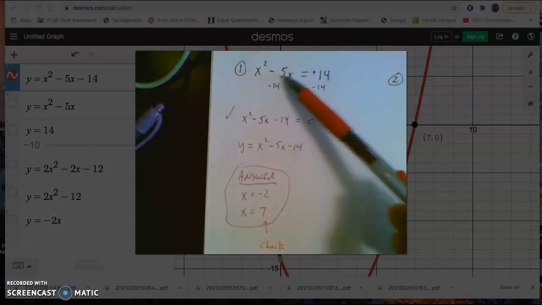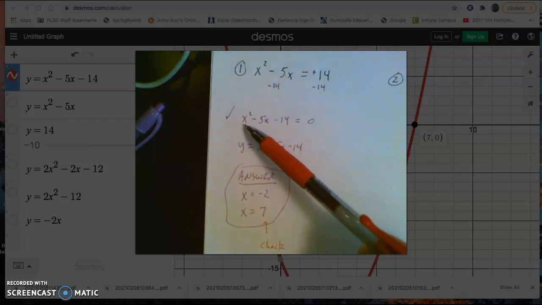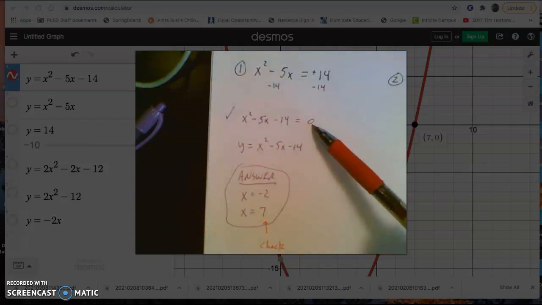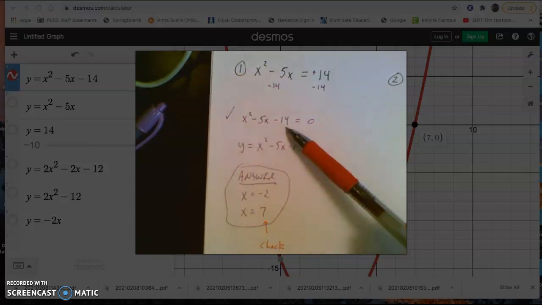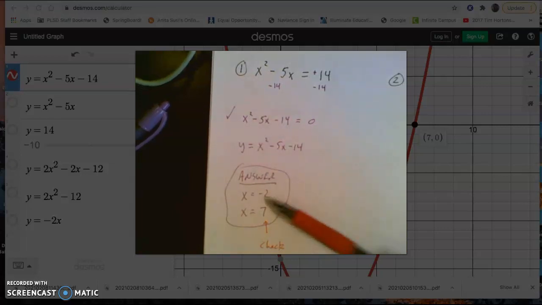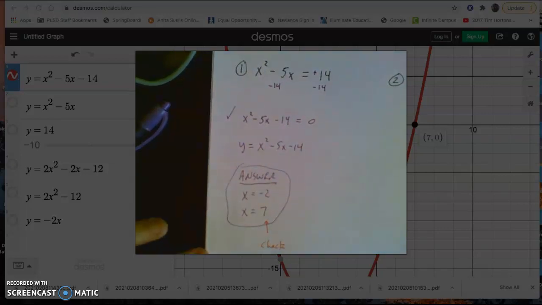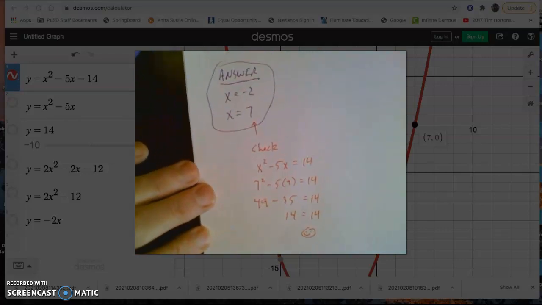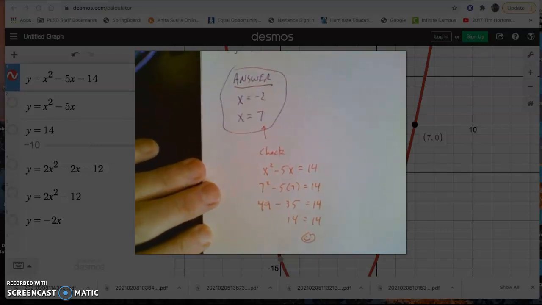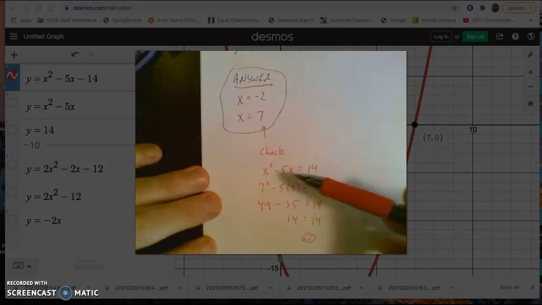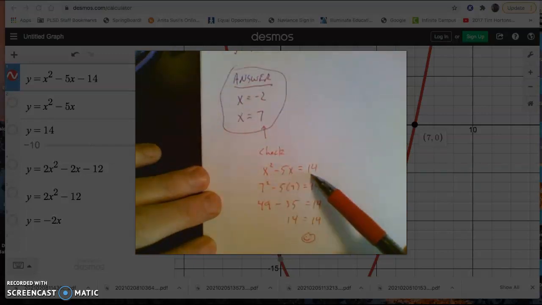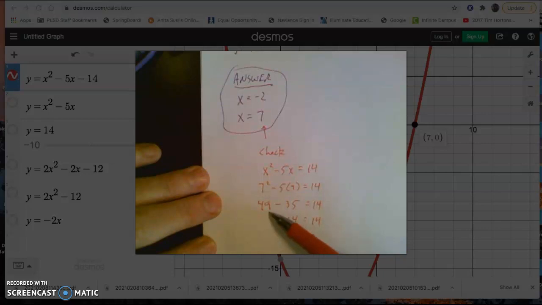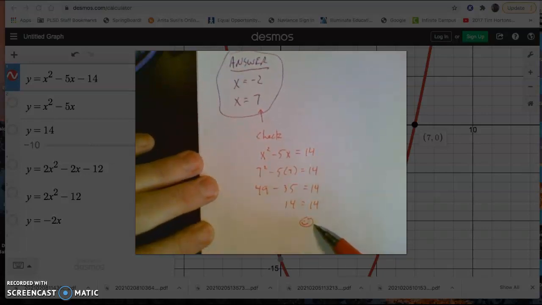So big picture, here was the equation I was going to solve. I rearranged it to set it equal to 0. I turned it into a y equals equation, and I graphed it, and I got my answers. And just like we could in the first semester, you can always check it. So I'm just going to check one of these answers, x equals 7, and I take my original equation and I plug the 7 in for x, and I work it out, and I get 14 equals 14, which makes me very happy. That tells me x equals 7 is an